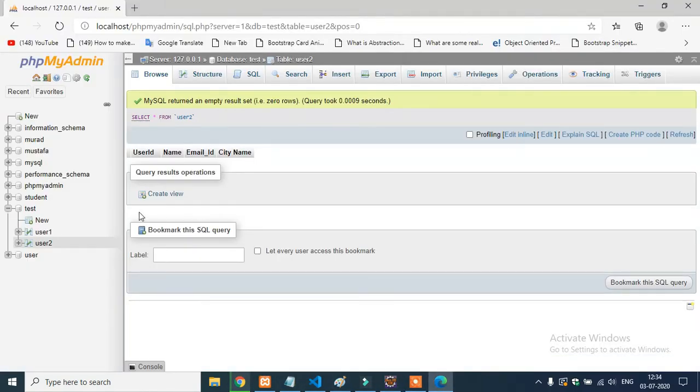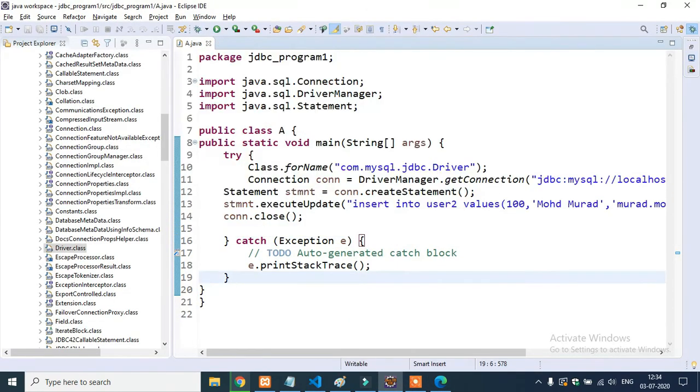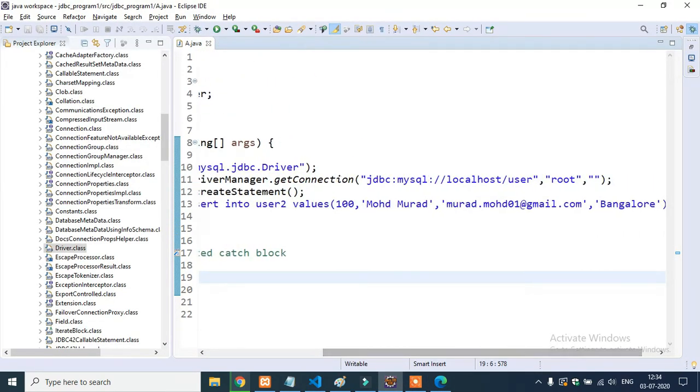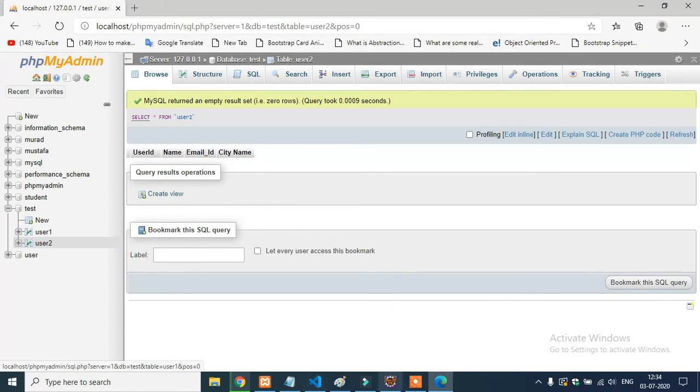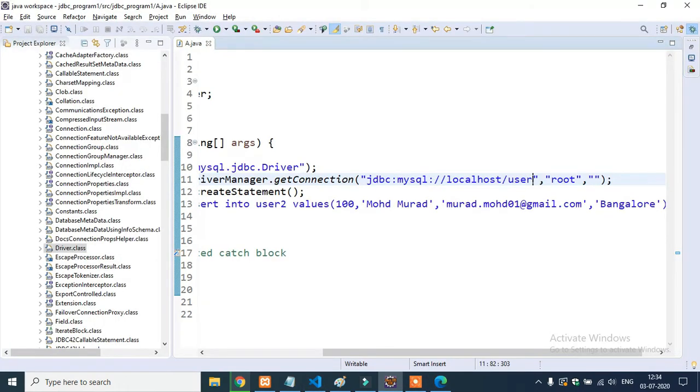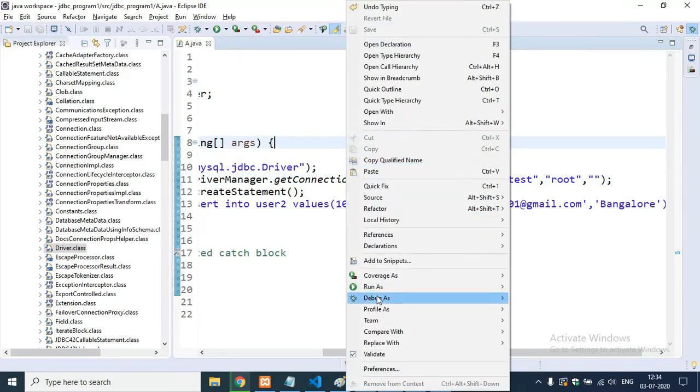Let's go to this, this is the test. Okay guys, we have given a wrong database name. The database name is test, and what we have given here is user. Let's remove it and write test. Now let's run this, whether it is working or not.